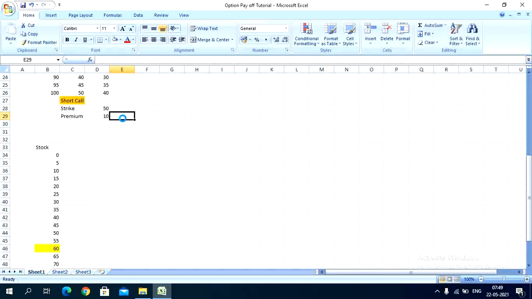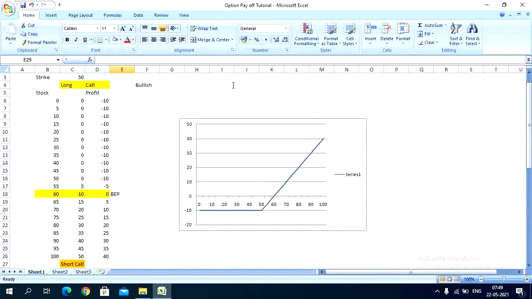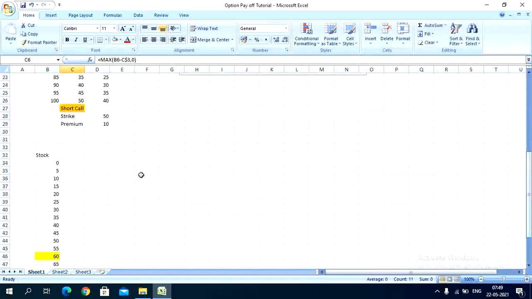They will be selling it. So in the previous case, the long call, what we have seen is that up to 50 he is not wishing to exercise. If he is not wishing to exercise, then the counterparty cannot sell, right? If the buyer is not ready to buy. So here also, for the short call, up to 50 the value will be 0.